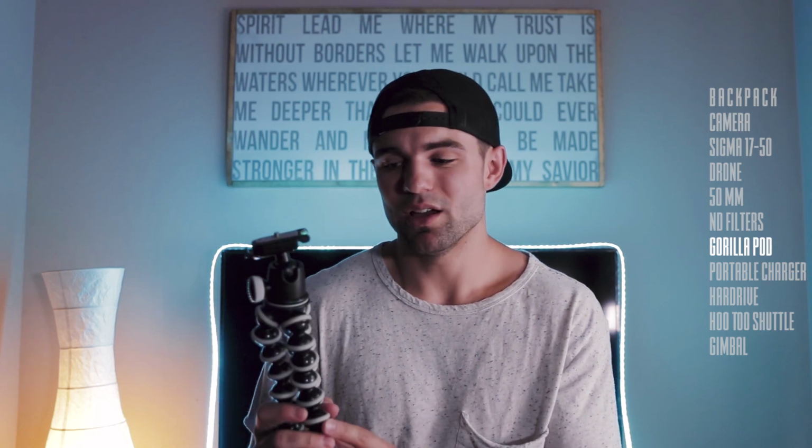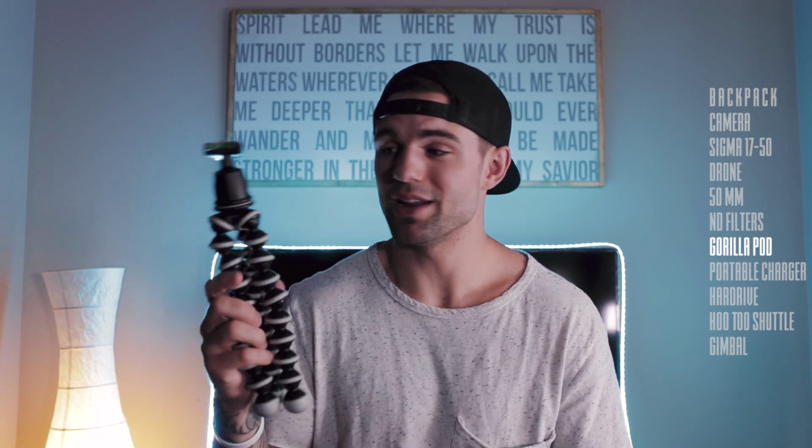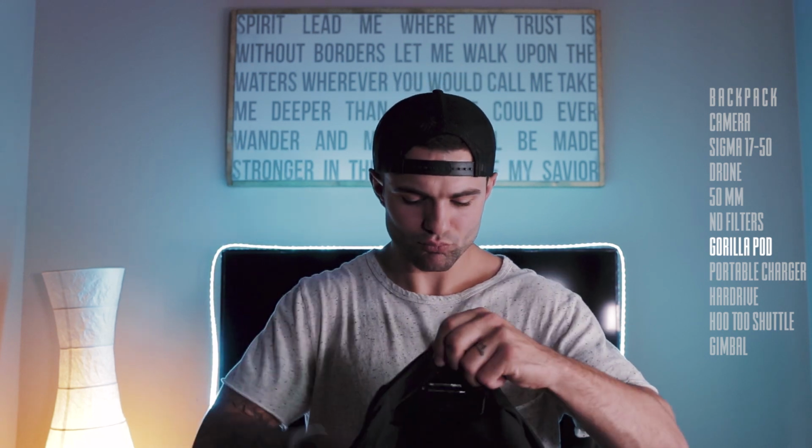It's really nice to have a small, very portable tripod. Now, obviously this isn't 6 feet tall or whatever, but you can get creative with this thing. It is great for vlogging. This is the first generation Gorilla Pod from Joby, I think, so it's not the strongest or the sturdiest, but with the Canon SL2, which is a really lightweight camera, I don't have to worry about it breaking or anything like that. But if you have a bigger camera, I would recommend looking at the step above this. So next,